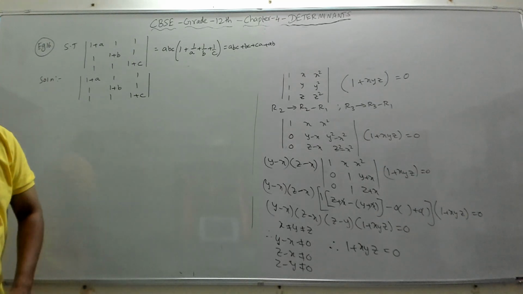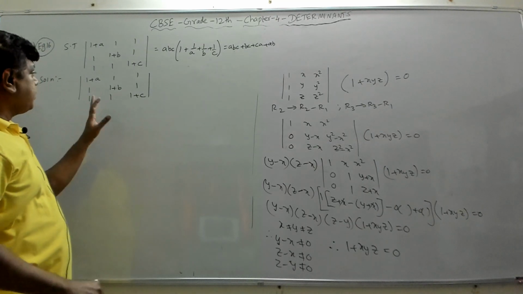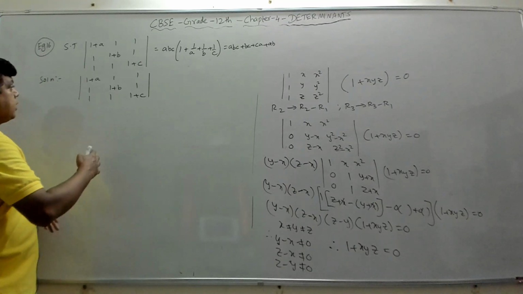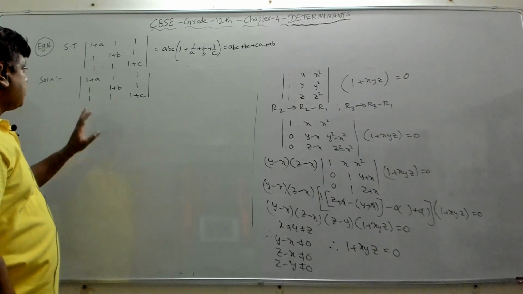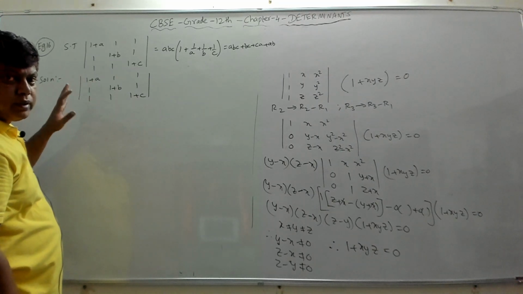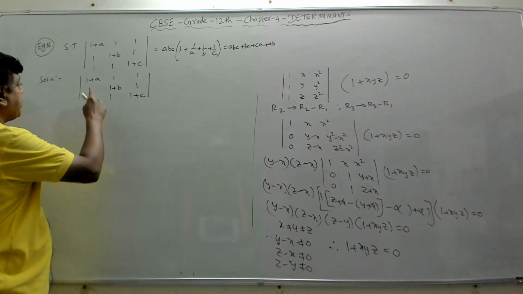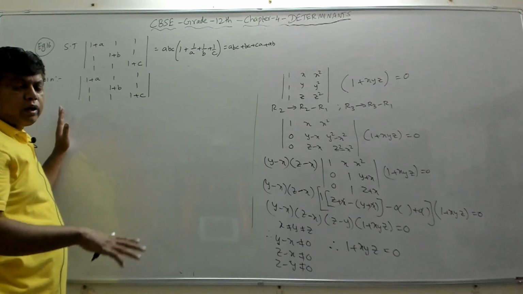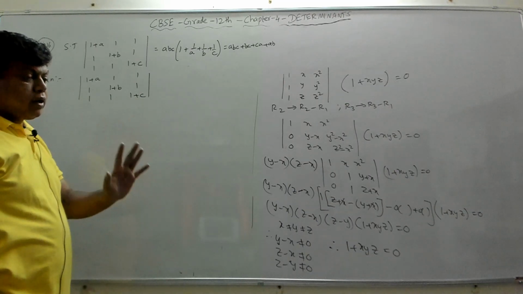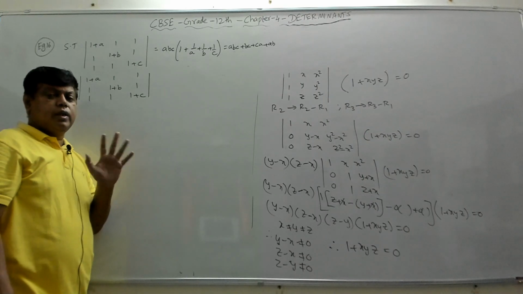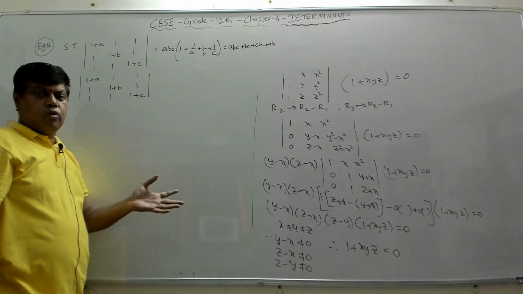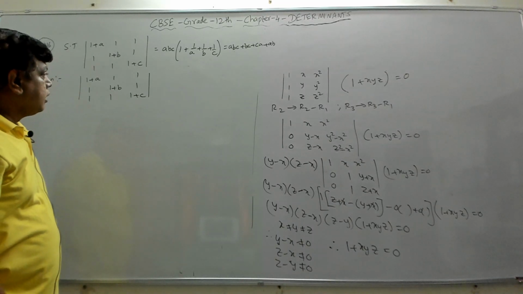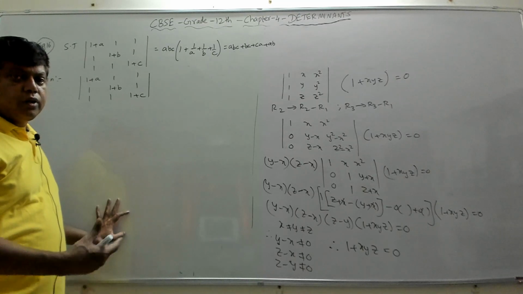Now if you look at this, again we will try to see whether we can expand this by getting maximum zeros, whether we can make some of the elements as zero, or we can get a particular row or particular column with the same elements, so that we can take that element down and it becomes 1 1 1. The moment you see a particular row or a particular column having 1 1 1, then it is easy to apply the row operations or column operations to make two of the elements as zero in a particular row or a particular column. And that will make expanding the determinant easy.